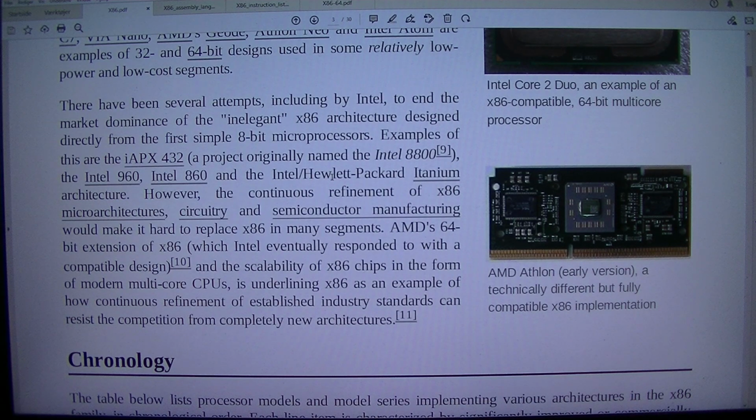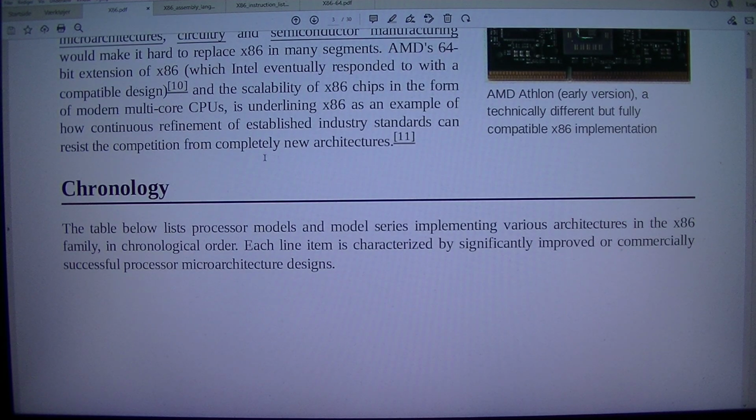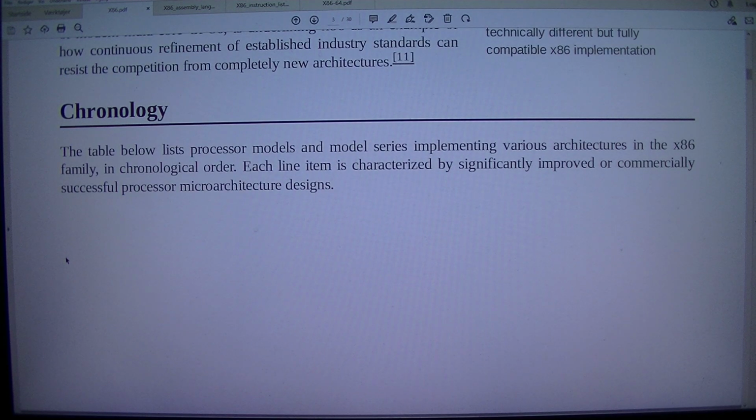However, the continuous refinement of x86 microarchitectures, circuitry and semiconductor manufacturing would make it hard to replace x86 in many segments. AMD's 64-bit extension of x86, which Intel eventually responded to with a compatible design, and the scalability of x86 chips in the form of modern multi-core CPUs, is underlining x86 as an example of how continuous refinement of established industry standards can resist the competition from completely new architectures. Chronology. The table below lists processor models and model series implementing various architectures in the x86 family, in chronological